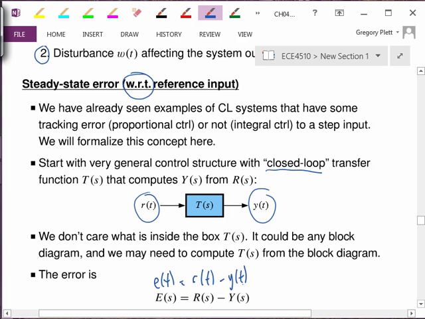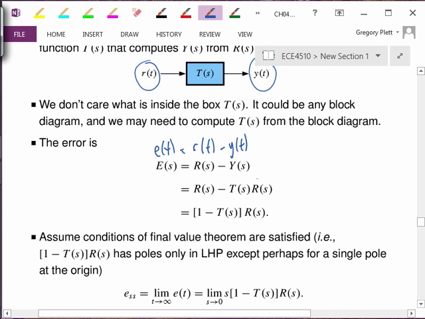So in the Laplace domain, E of S is R of S minus Y of S. The transfer function T says I can compute Y from R: Y equals T times R. Both of these terms in the error have R in common, so E of S equals 1 minus T of S, all multiplied by R of S. This system has a transfer function from R to Y, but it also has a transfer function from R to E, and the transfer function from R to E is this